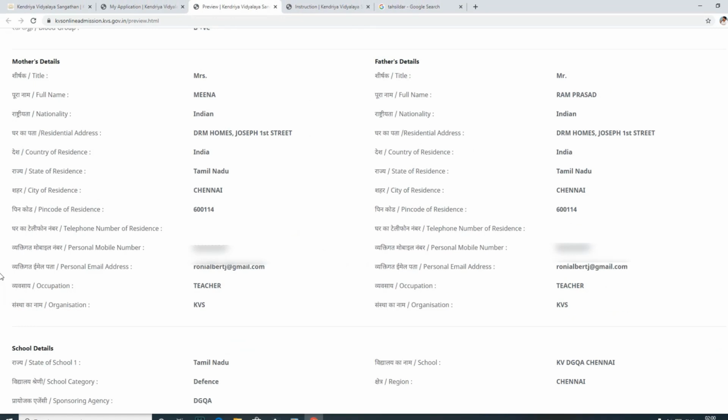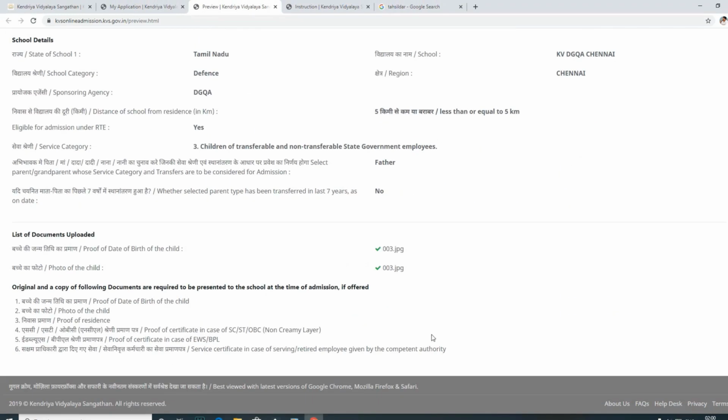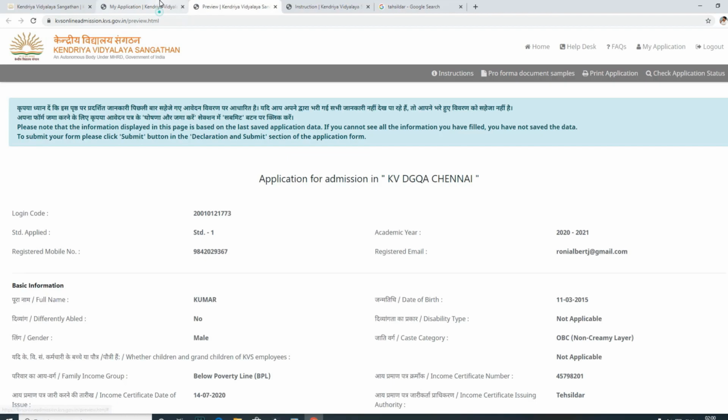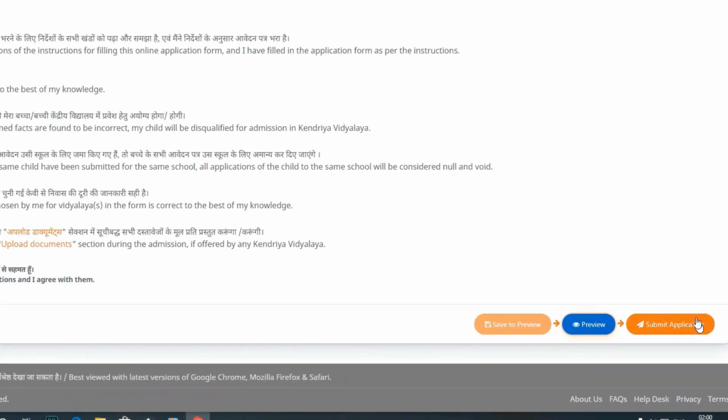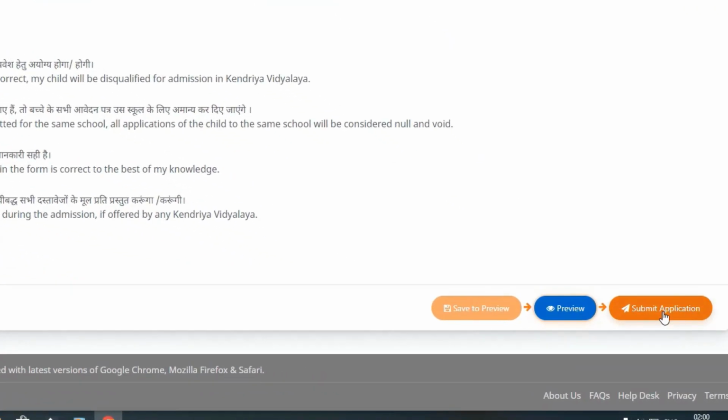Go through the filled application, whatever you have submitted, what you have filled. Then go to the previous tab. There, submit application is the final step. After submitting, you cannot edit anything. So you must preview the application. Then lastly, if you have verified everything you have submitted, go for submit application.